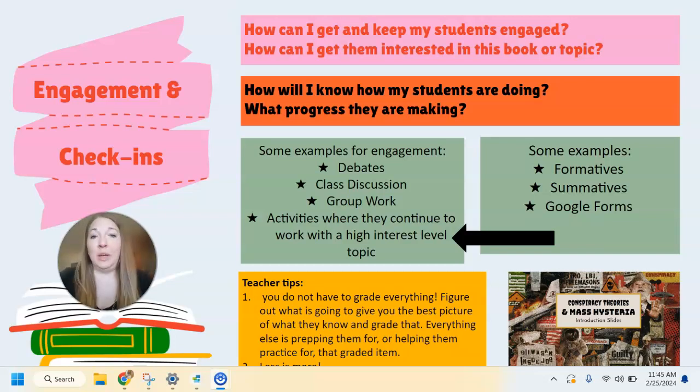You can do debates with your students. You can do class discussion, group work. You can do activities where they continue to work with a high interest level topic. Any of those you can do and keep your students engaged in reading the novel that you're doing with your class. The example that I actually included for this is down in the corner, and my honors class is reading War of the Worlds,